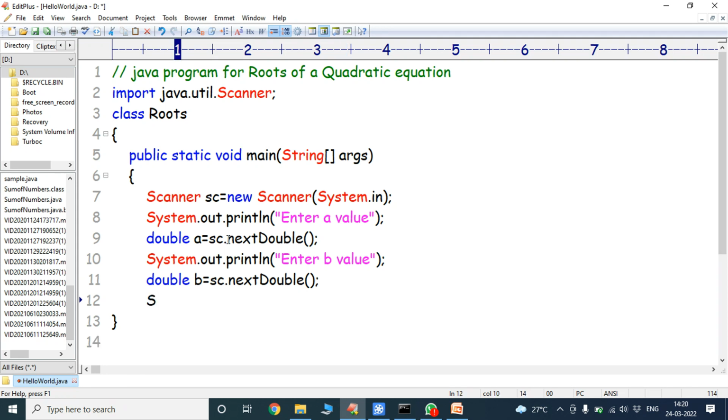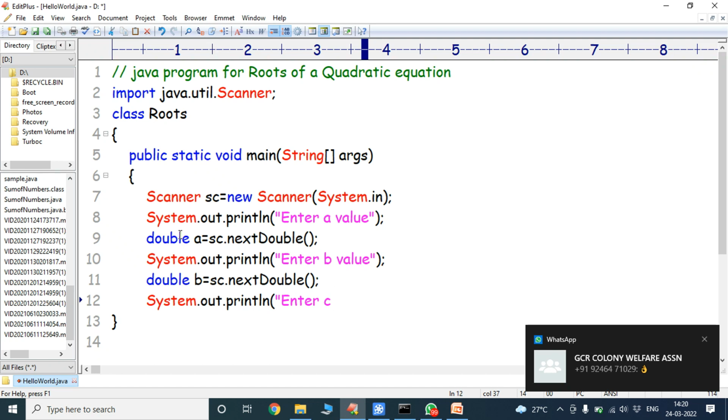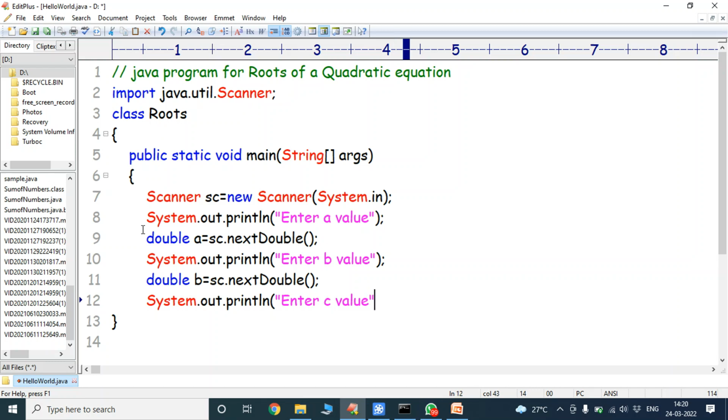Next, in the same way, c value is also read from the keyboard. System.out.println("Enter c value"); double c = sc.nextDouble();